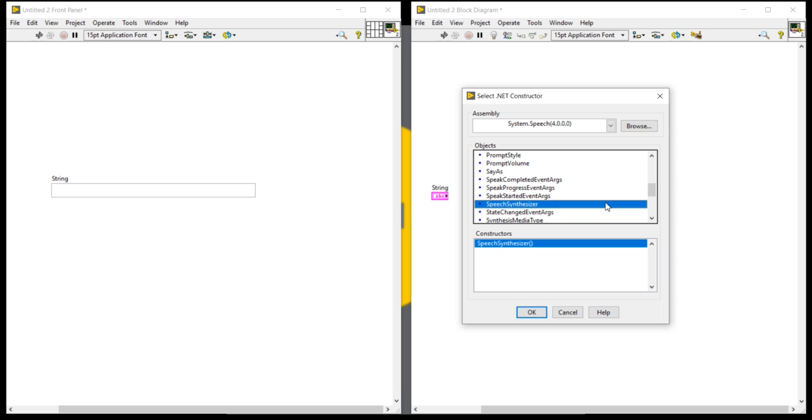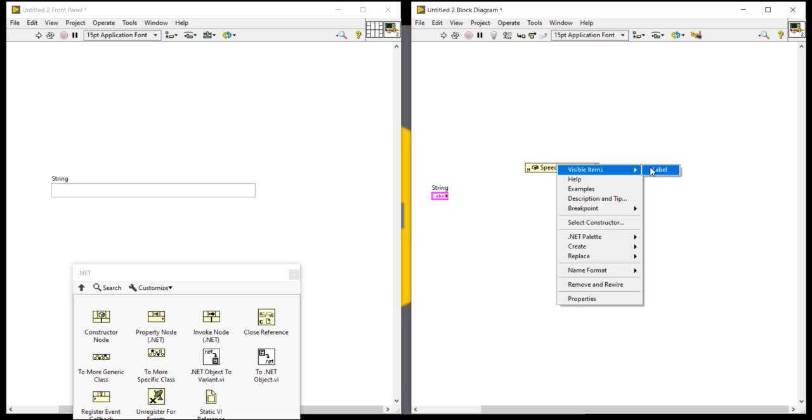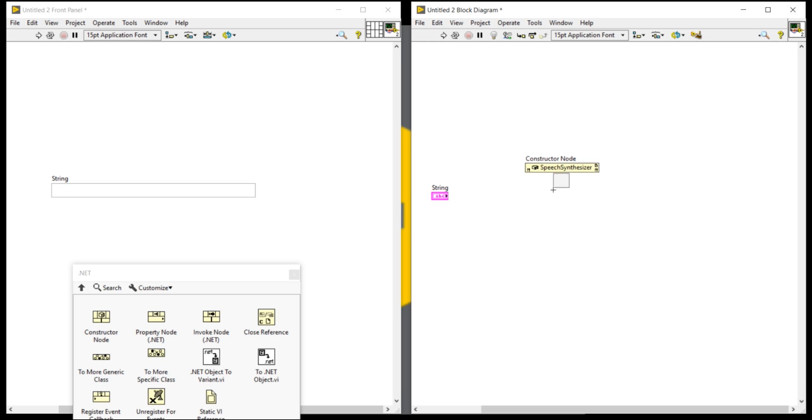When you are done, inform me. After getting this speech synthesizer, hit the OK button. Now the constructor node has been converted into the speech synthesizer.